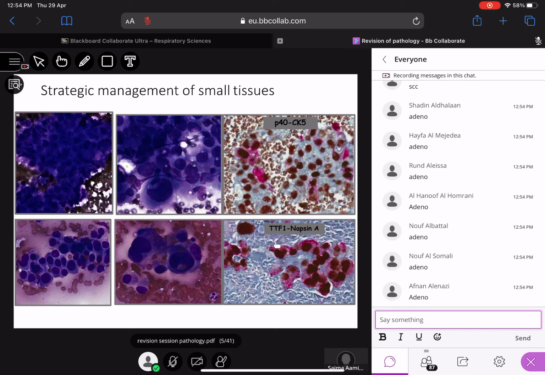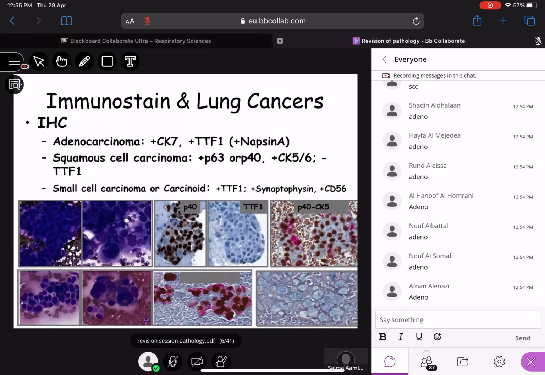Adenocarcinoma, exactly. Why TTF1 and napsin A? They are markers for adeno. TTF1 will give brown nuclear positivity, as you can see, and these reddish granules are of napsin A. Napsin A is a recent marker, and it is more sensitive. It is expressed in type 2 pneumocytes, so it is a more sensitive marker. It gives these reddish granules in the cytoplasm. So your diagnosis is adeno here and squamous in the first top slide.